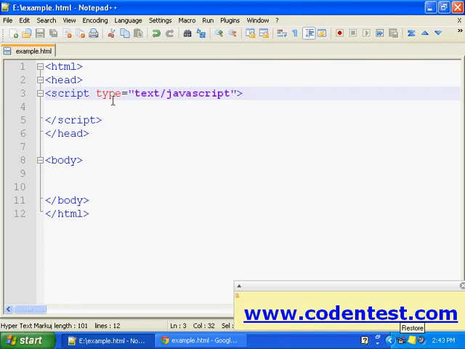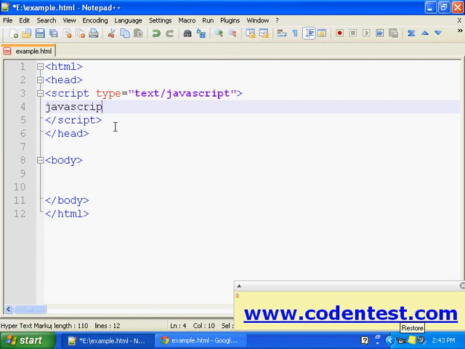So this script tag informs the browser that everything in between these scripts is a scripting language. The attribute type is given a value text/JavaScript, specifying that the scripting language we are using is JavaScript.